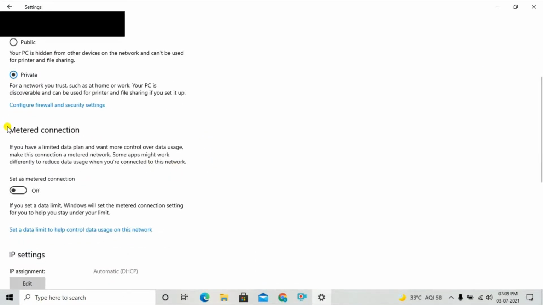And under the Metered Connection section, check if the Set as metered connection option is turned off, because if metered connection is turned on, the Windows update would not occur.